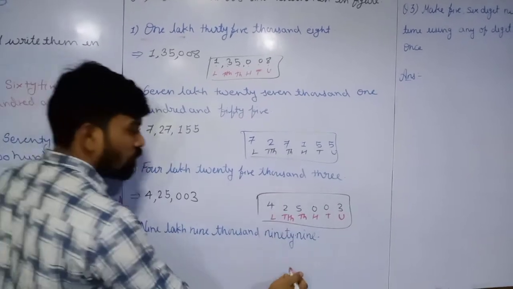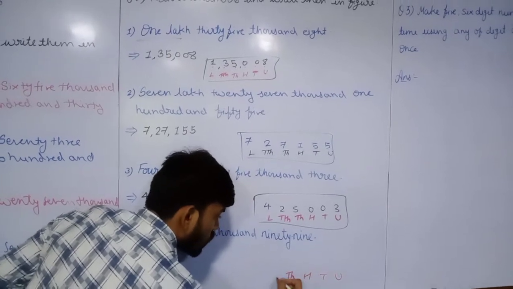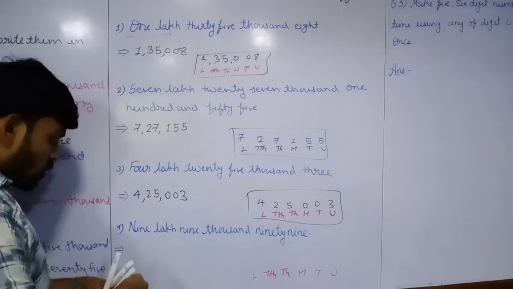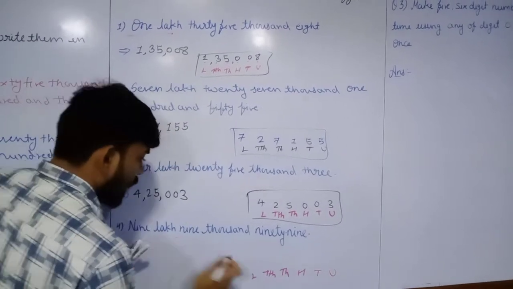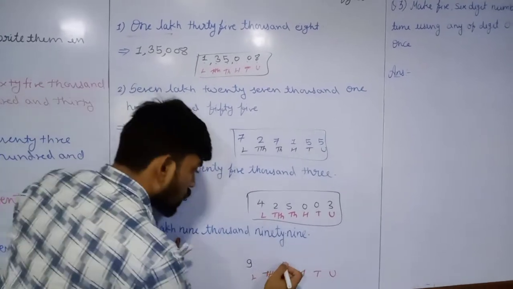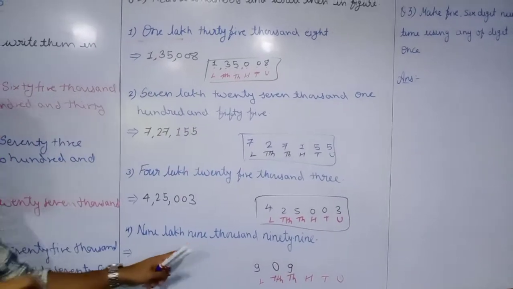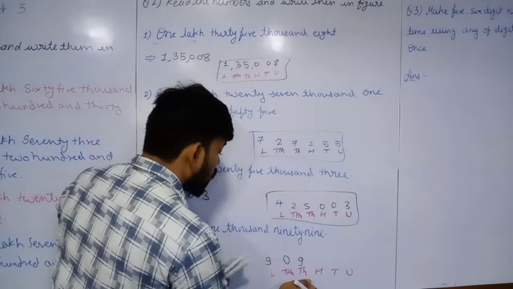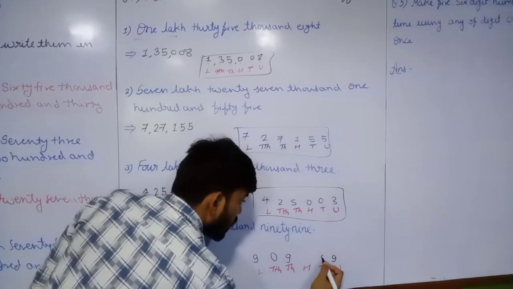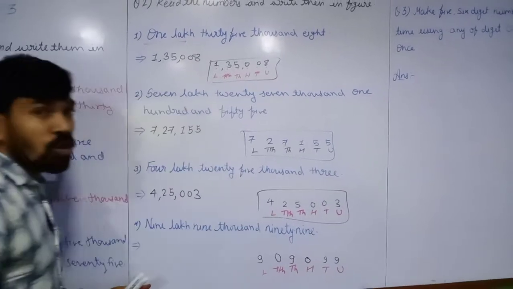The last one, 9,09,099. Again, the same way we have to start. Unit, 10, 100, 1,000, 10,000, lakh. Substitute the values. 9 lakh. At the place of 9 lakh, 9. 9,000. At the place of 1,000, 9. 9,000 means there is 0, 9, because 1,000 and 10,000 come together. 99, 9 and 9, unit and tens together. We don't have 100, that is 0.